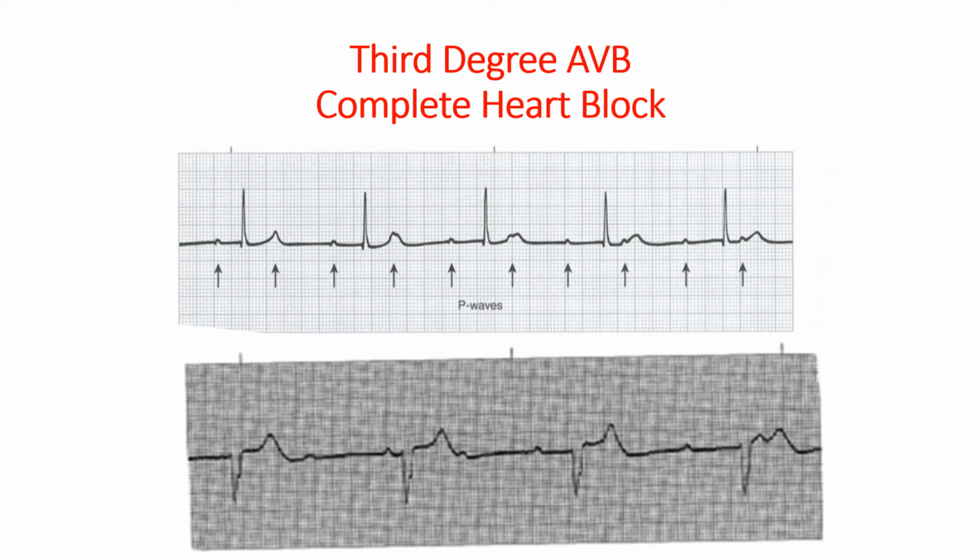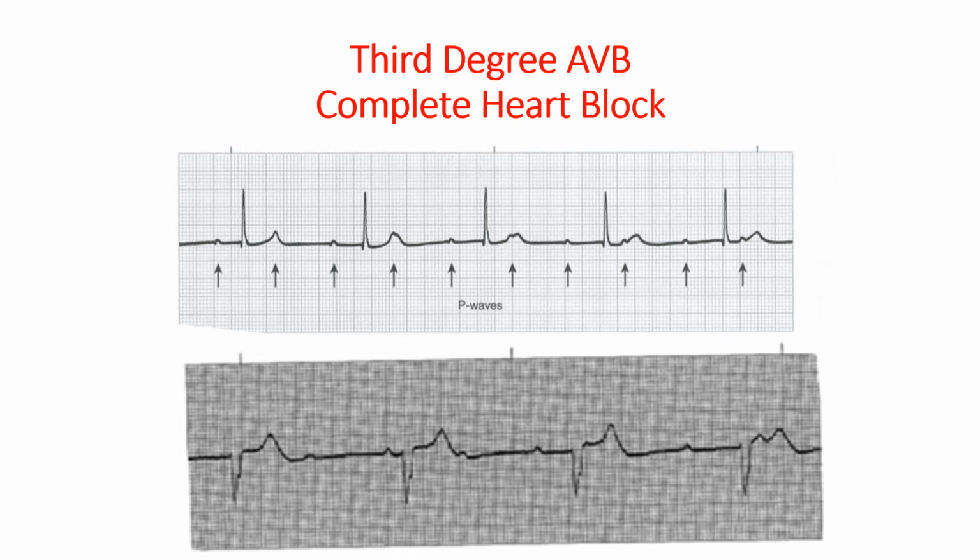Your QRSs in the top one are normal or narrow because what has happened is your SA node is firing, it's not going down, but the junctional pacemaker is supporting the rhythm. So that's why it's going to produce a narrow or normal QRS. Your SA node is firing, but that conduction is not getting down the AV node. So it's coming from the junction, which is sending that message down the ventricles, and that is causing the bundles of His to fire at the same time, so therefore it's going to produce a normal